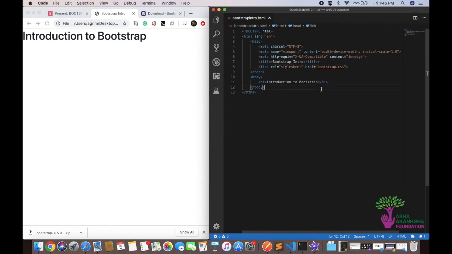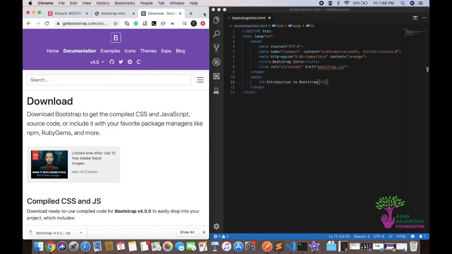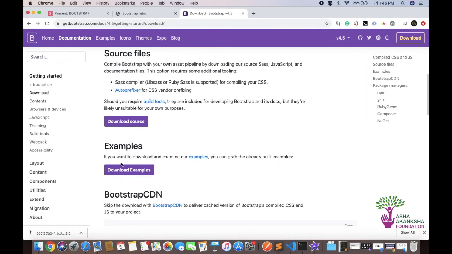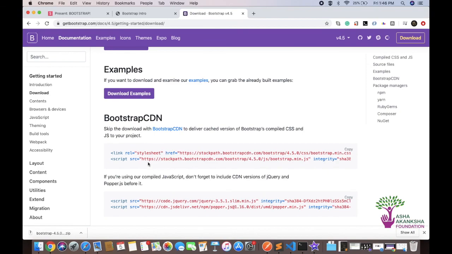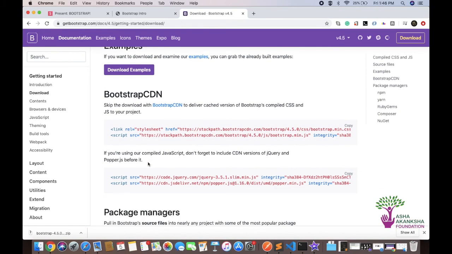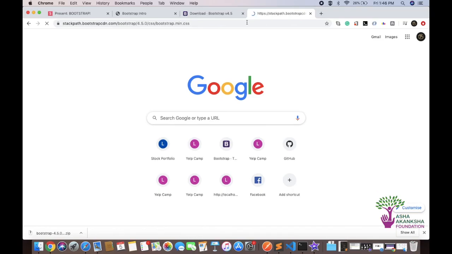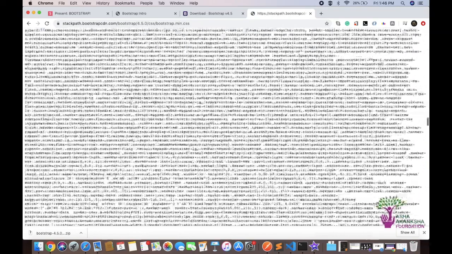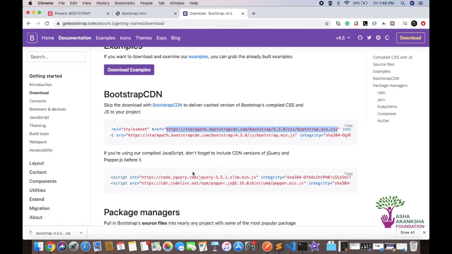So now the next thing we can just see is the second way to do this, which is the CDN. If you are not aware of what a CDN is right now, to tell you what that is, it is simply the same code. Like you can see this is a link tag and it's essentially the same, because if I copy what they have in the href right here and I open this in a new tab, I see I have the same bootstrap.min.css inside here. This is just hosted on a specific URL online,